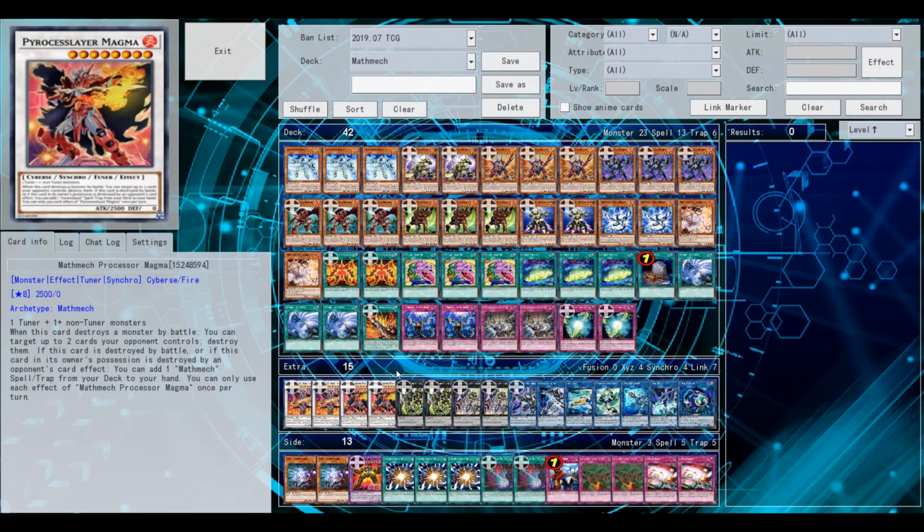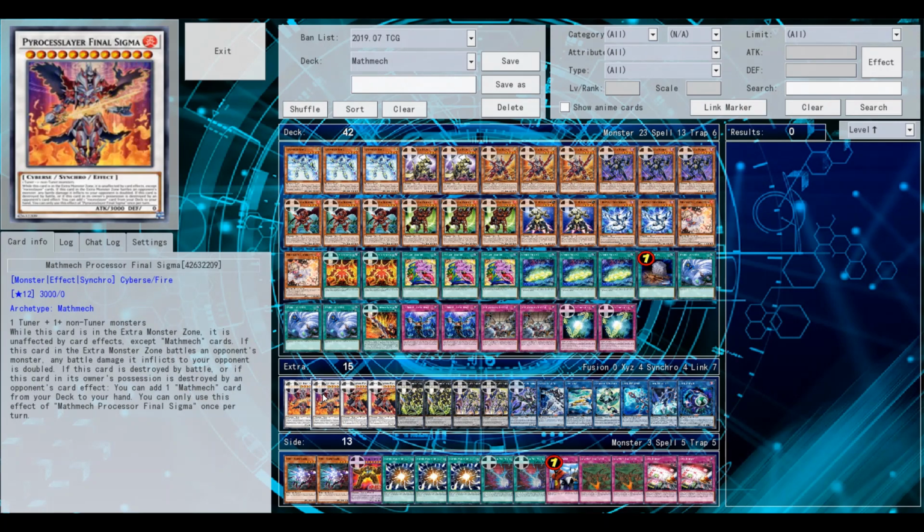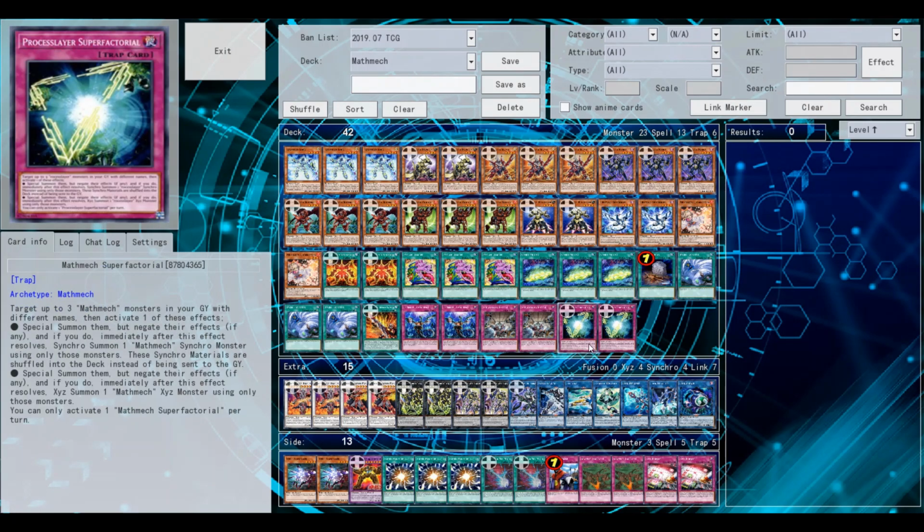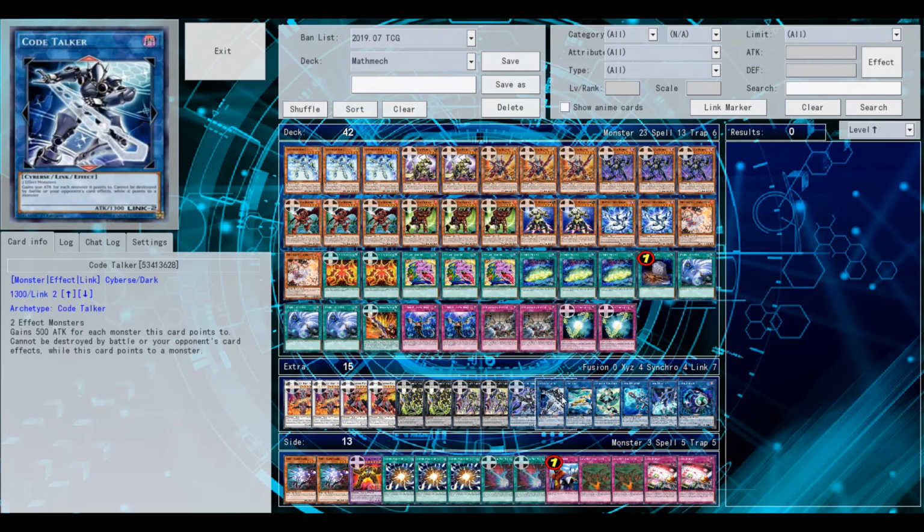But the decks that can get over it, or kaiju it, they guarantee that you're going to lose. Whereas if you link away your final Sigma after a failed OTK into a Code Talker, and have that super factorial set up, you will always be able to counter your opponent during their turn, and also pump up the attack of the Code Talker to boot, and survive the turn,